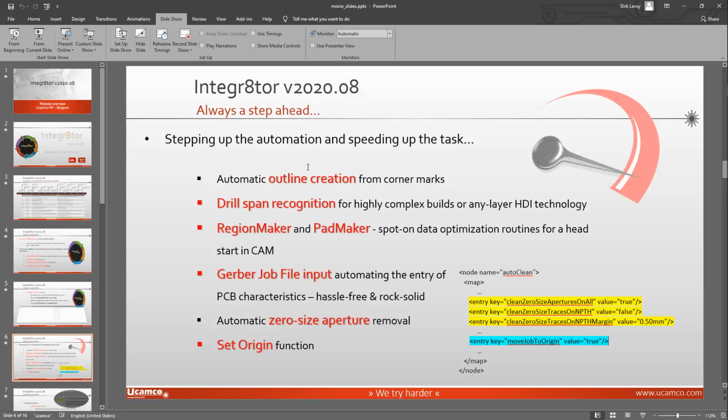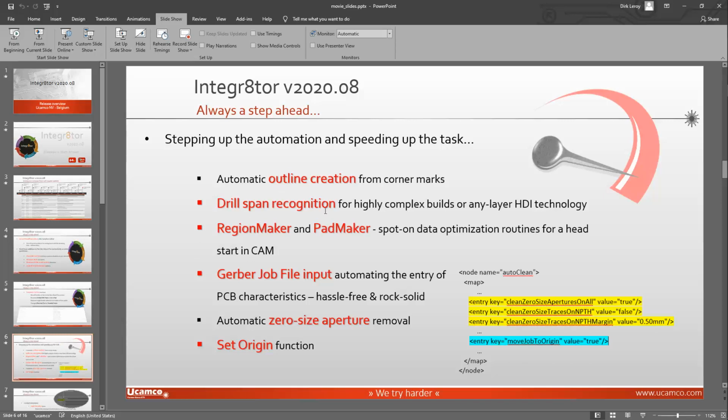If you think back to the workflow editor module, the UcamX that I was showing at the beginning of this presentation, you have an interactive tool that helps you very easily make an outline based on these four corner marks. Again, you would put one layer in blue on the background, and then start drawing the way that you saw me do it. But above that, there is also automatic software in place now within Integr8tor that will try to grab these corner marks or points and create the outline automatically for you,